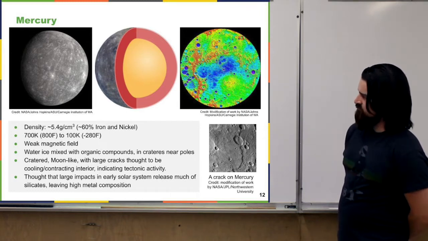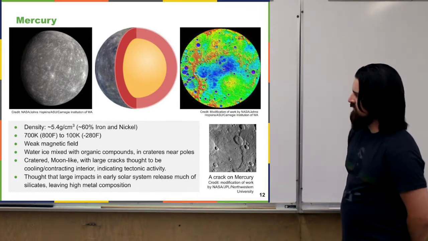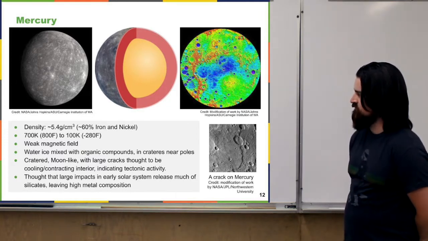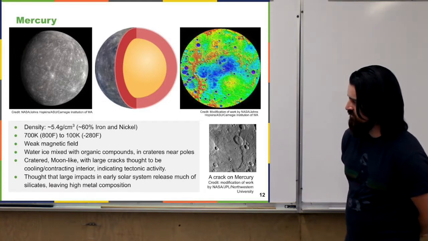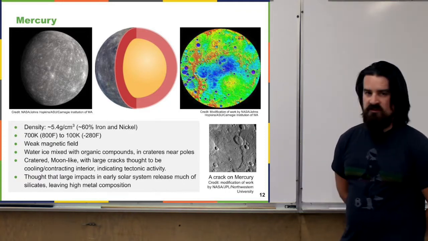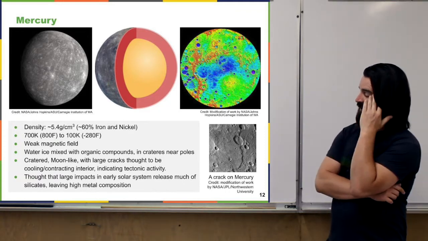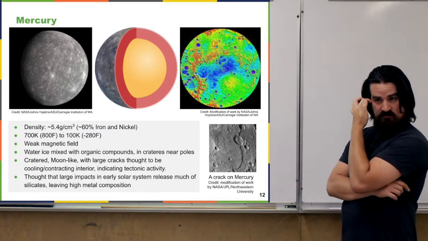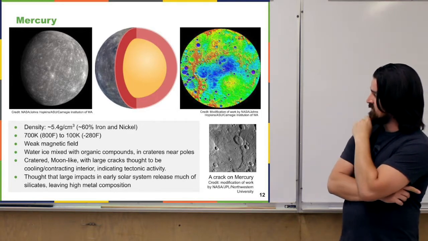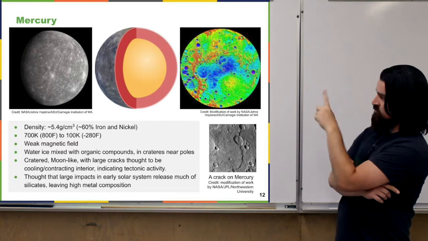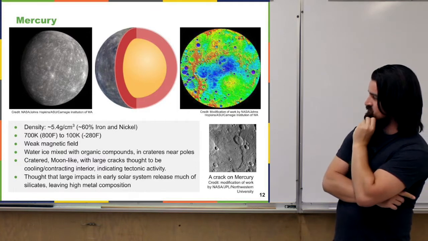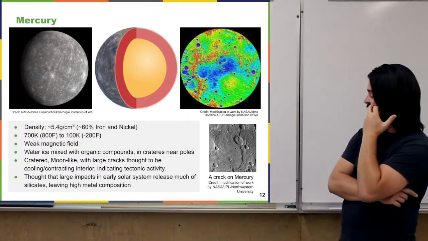It has a density of about 5.4 grams per cubic centimeter, and it seems that about 60% of it is that nickel and iron core. It has very extreme temperatures, 700 Kelvin down to 100 Kelvin. It has a magnetic field, but it's a fairly weak one. It does seem to have water, or H2O, in solid form, so water ice, mixed with some organic compounds in craters near the pole that don't tend to heat up as much as the other parts of the planet. It has a bunch of craters, and kind of looks like the Moon,